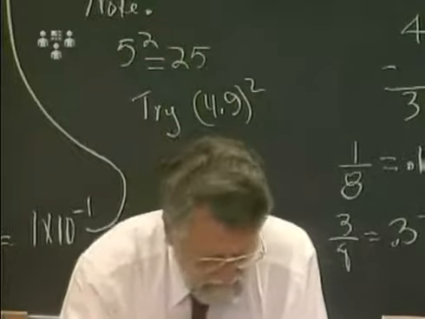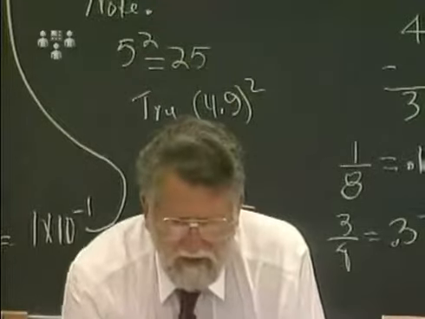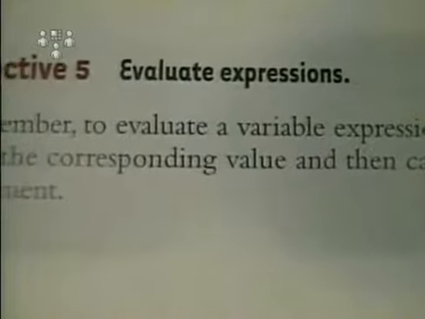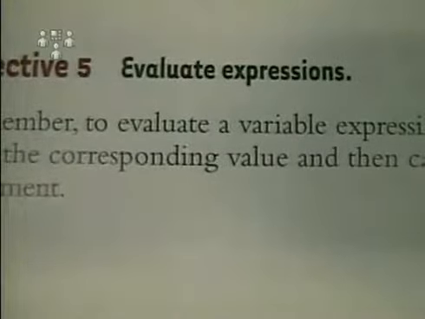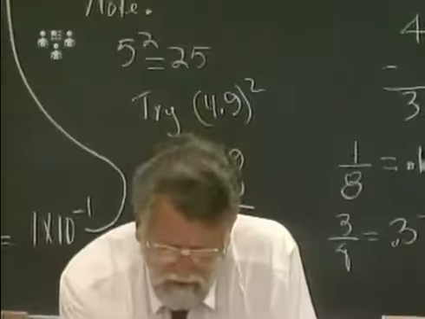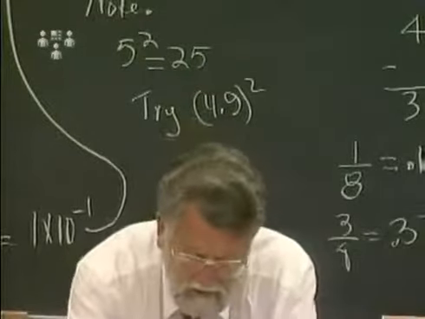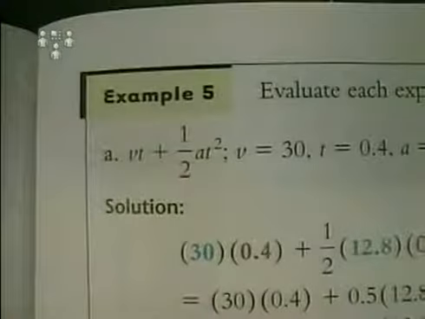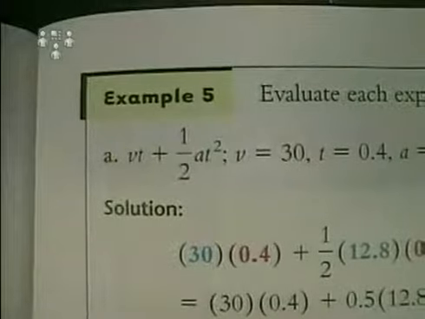Here is the objective. It is evaluating expressions, and that's on page 456. I'm a little bit bothered by that in the sense that we evaluate expressions, but the expressions come from formulas that aren't themselves isolated to an expression. So that's the argument here in 456. But what I'm going to do is come up to the top, and here is the formula that was given. Okay, this is Vt plus 1/2 At squared, where